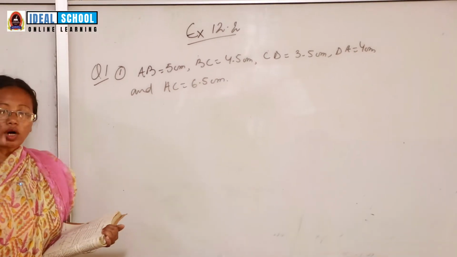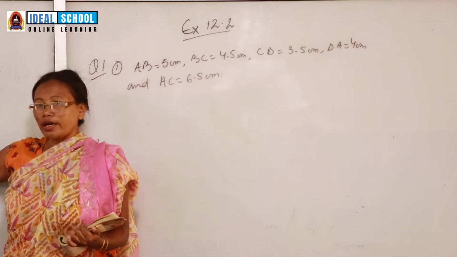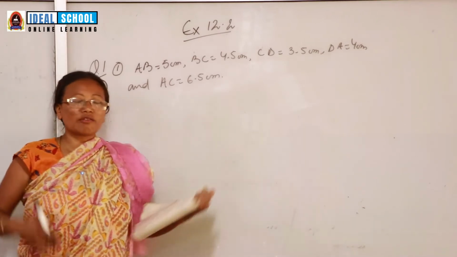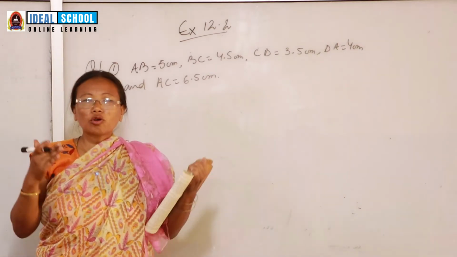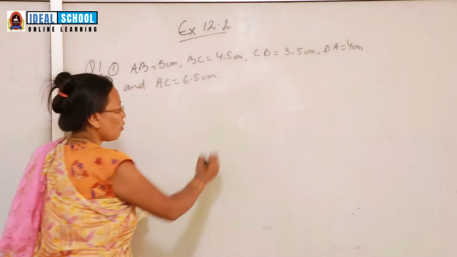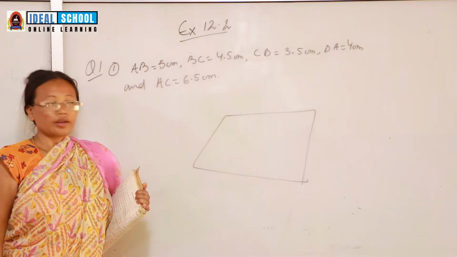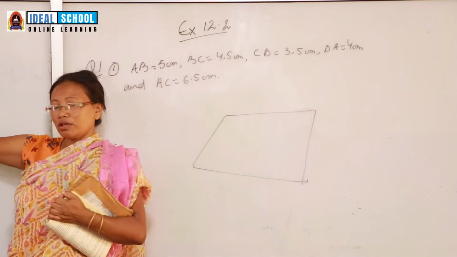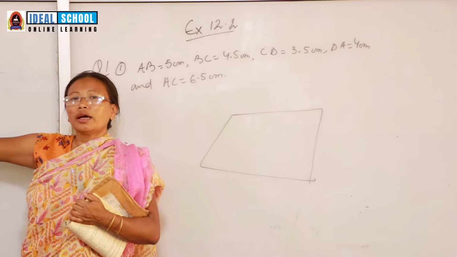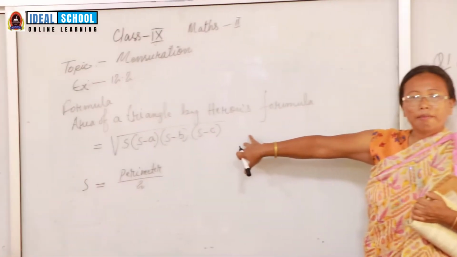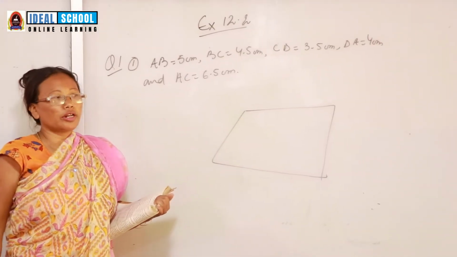Now it is mentioned about the quadrilateral. Already I told you the formula which we are going to use is the area of a triangle. But the question says to find the area of the quadrilateral. A quadrilateral means any closed figure bounded by four sides. It is a quadrilateral, not a triangle, but the formula is for a triangle. This formula we can use only when we are finding the area of a triangle. But here it is a quadrilateral. How do we calculate? How do we use it?